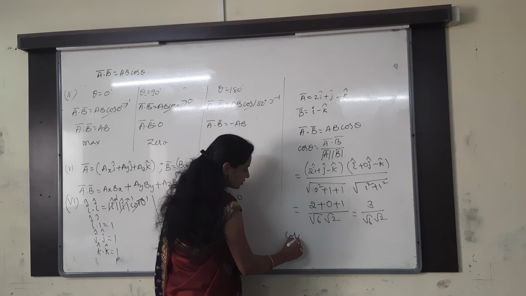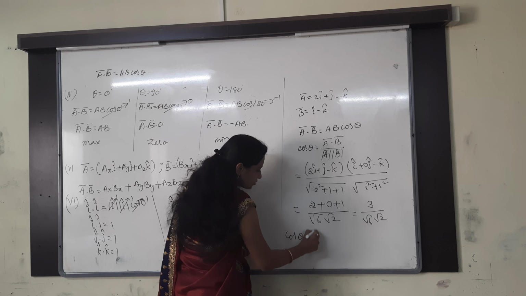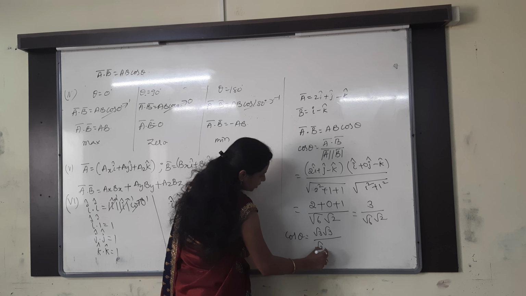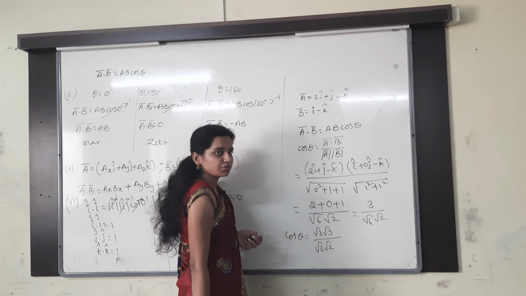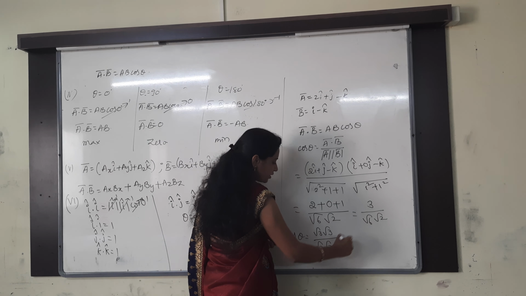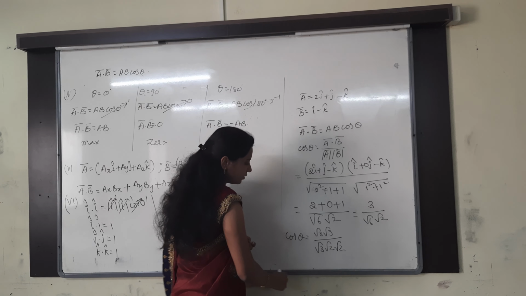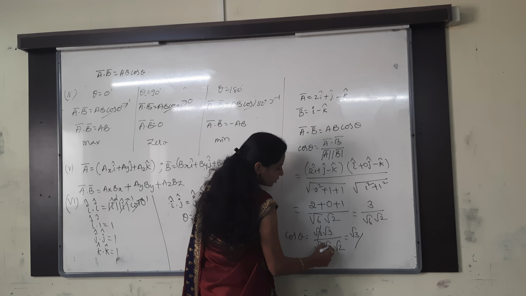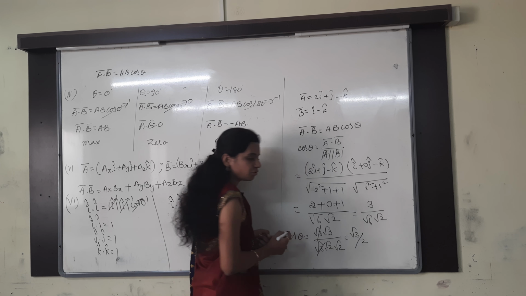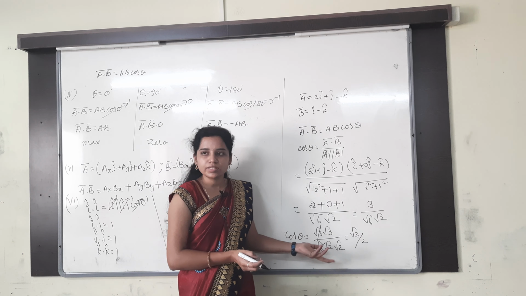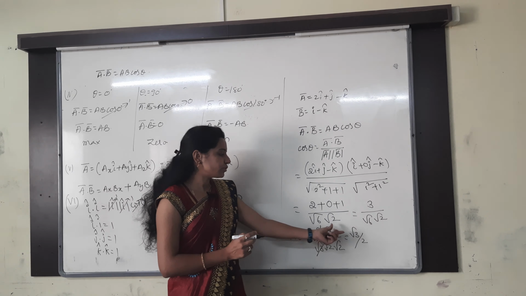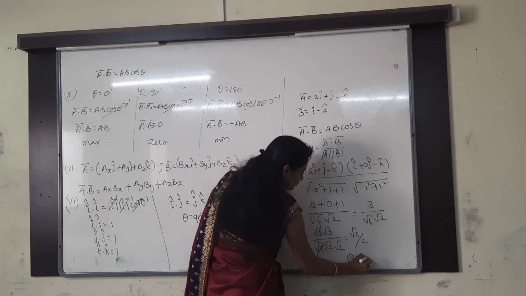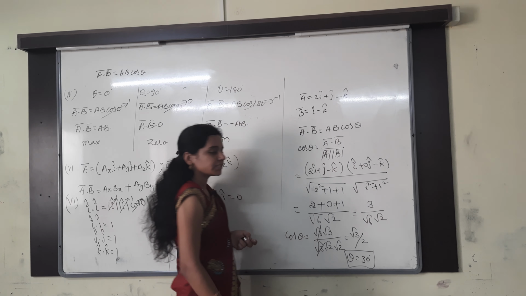So cos theta is equal to, shall I write this as root 3 into root 3? Then shall I write root 6 as root 3 into root 2? Then one more, what is remaining for us? Root 2 is remaining. Then one of the root 3 gets cancelled here. So what is remaining for us? Root 3 by root 2 into root 2 will be 2, na? Root 4, nothing but 2. So cos theta equals root 3 by 2. At what angle? Theta is equal to 30 degrees. You understand the problem, right?